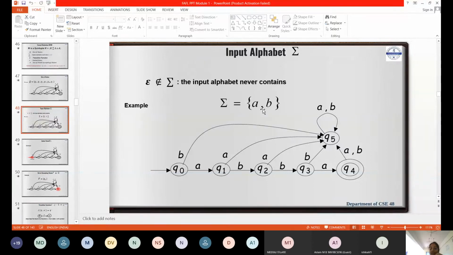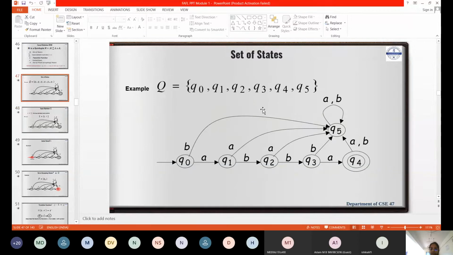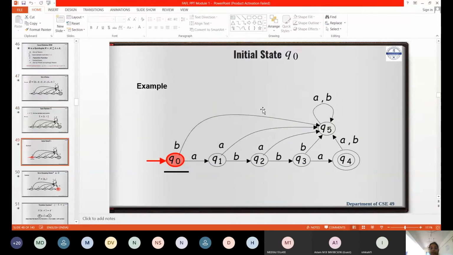So if it contains epsilon as an input, you could see that any figure in DFSM, you will not have a transition over an empty symbol. Over epsilon, you will not have any transition. But there is one more automata. Yesterday we have seen that there are two types, DFSM and NDFSM, deterministic and non-deterministic. You have one more automata, that is epsilon DFA, epsilon DFSM.